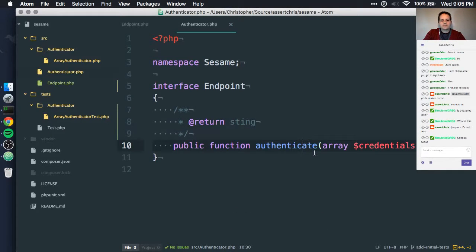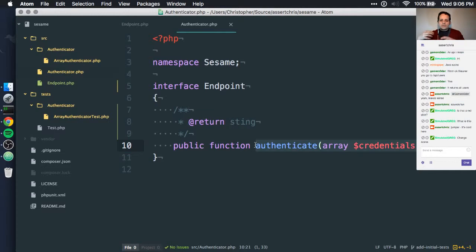Okay, so we still call authenticate with an array of credentials. In our controller action, remember, we will have access to the request that was made. So we can get the post variables from that request, or the get variables, session variables, whatever, and we can provide those to this authenticate method. Now this will wrap around an authenticator, which means the credentials are going straight to that authenticator, and this endpoint is only interested in the Boolean value of that.